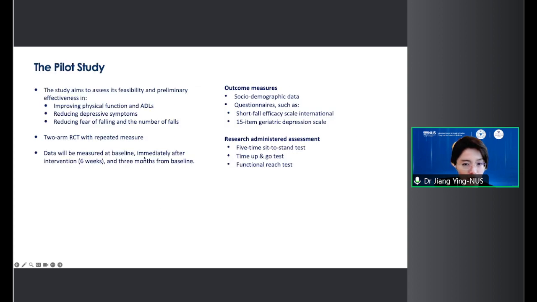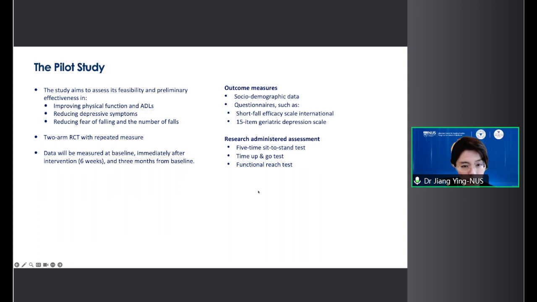So we conducted a 2-arm pilot randomized control trial with repeated measures. The aim of the study, because it's just a pilot, is to assess first, importantly, whether the intervention is safe and feasible. And we want to see whether there is any preliminary effective trend, whether it's a good trend in terms of